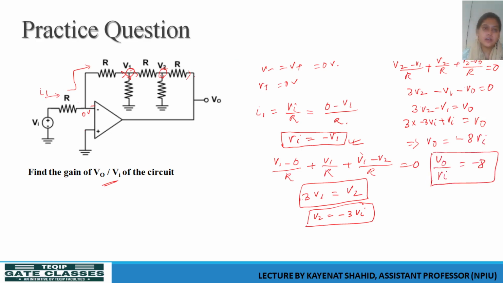Okay, so we can see the only thing that was scaring us, that a lot of resistance has been connected in the feedback part, does not make the equation complex. We are just going to use the same principle of node analysis, and you can use loop equations too. We are just using the current node equations here, and we are using the golden rules of operational amplifier and just solving the equation as it is. Okay, so this is another example that I needed to discuss with you all.